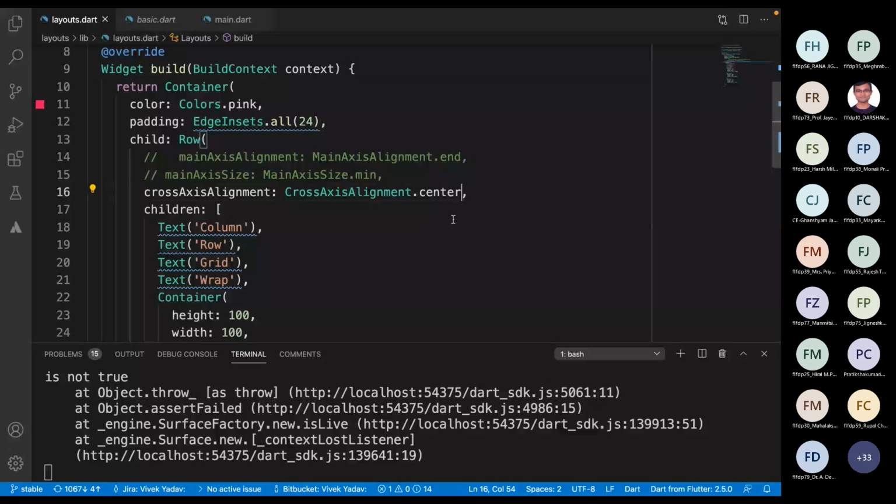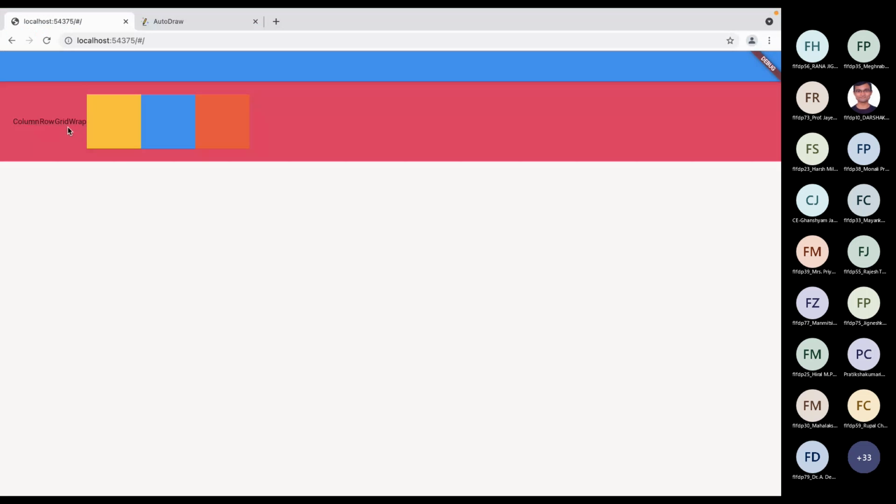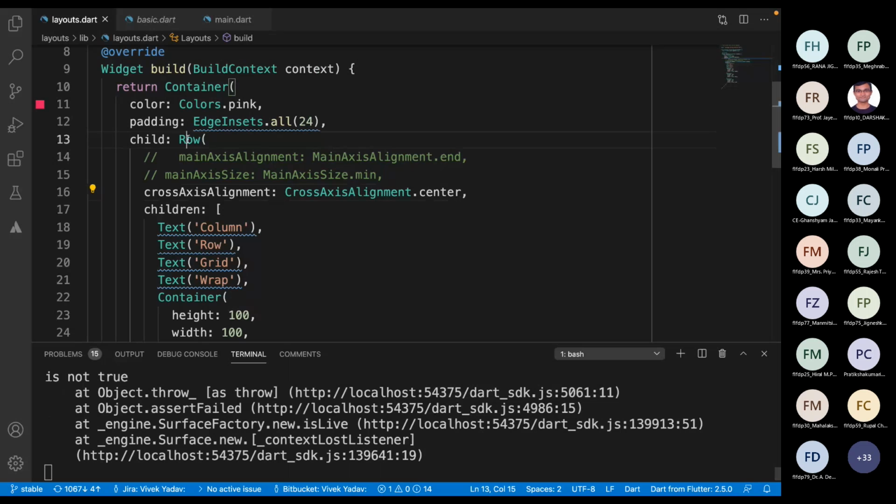So let's see the behavior for the center. For the center, it is the same. It will not be on the top or bottom, it will be in the center. Same thing goes for the column.